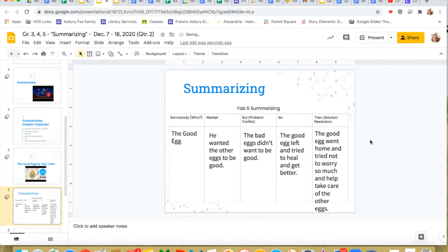But then finally, he decided he wanted to go home because he didn't want to be alone. And he tried not to worry so much. Because remember, it said that he wasn't going to try to be perfect and he didn't expect them to either. And that he would take care of the other eggs. Okay, guys, good job.